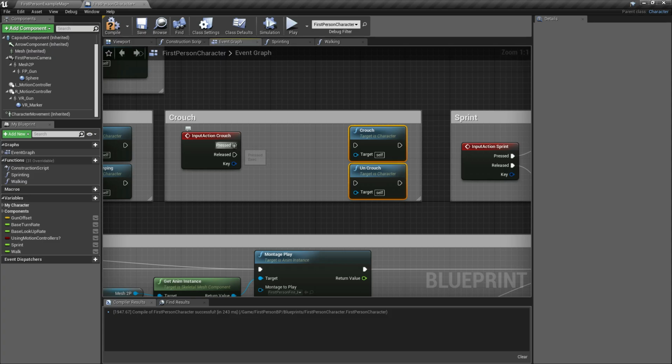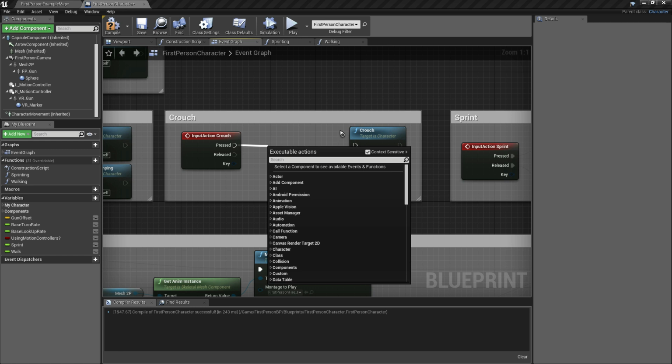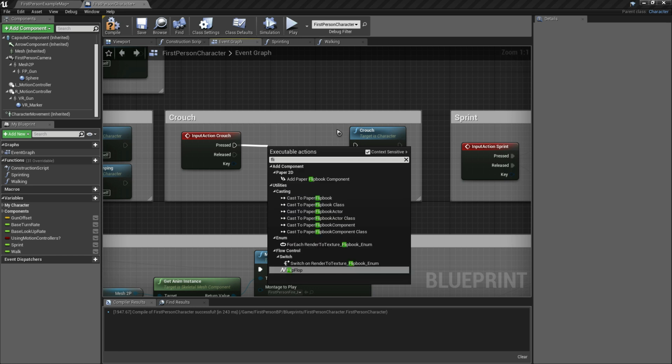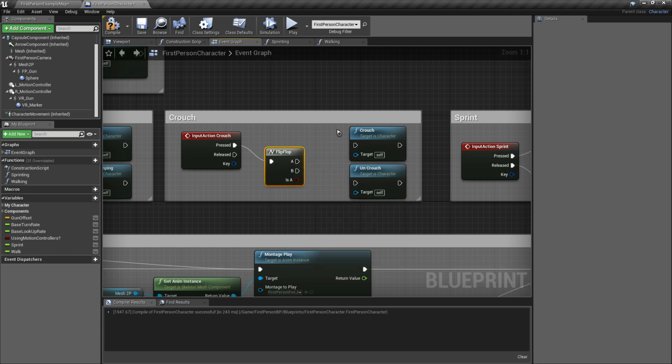All we need is the press. In the press connector, we're going to connect this into a flip-flop. This node is what we're going to use to add some toggle in our crouch and sprint.